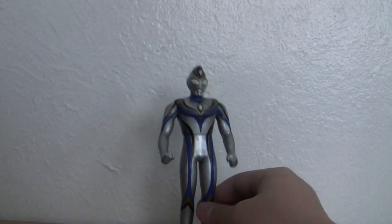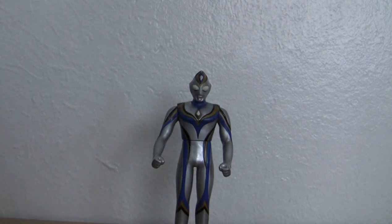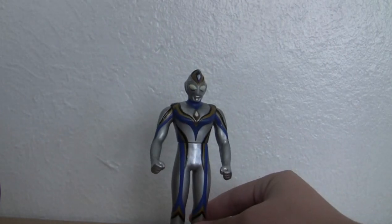You should know what comes up next unless you don't understand the English language, which I find amusing. So, today we're reviewing Imitation Ultraman Dyna. Yes, I finally got the figure. It took some searching and a lot of bargaining, and it wasn't that fun trying to get this guy, but I finally got the original figure that isn't a mod,